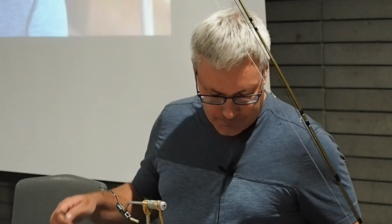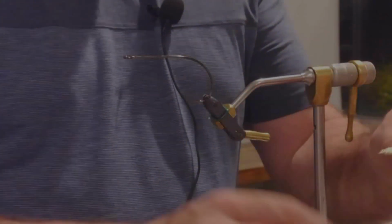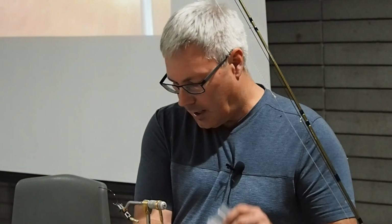Anyways, there's a couple things we can do here. One thing, and the jury's out, is I don't think it's cost me a fish, and it may have attracted extras. There's one thing that I add to a lot of my musky flies, and that is a rattle. You can do it multiple different ways. You can tie it straight to the hook, like you would with a rattling Murdich minnow. Or you can use shrink tube, which works awesome if you get the right size shrink tube from an electronics store. Or you can use